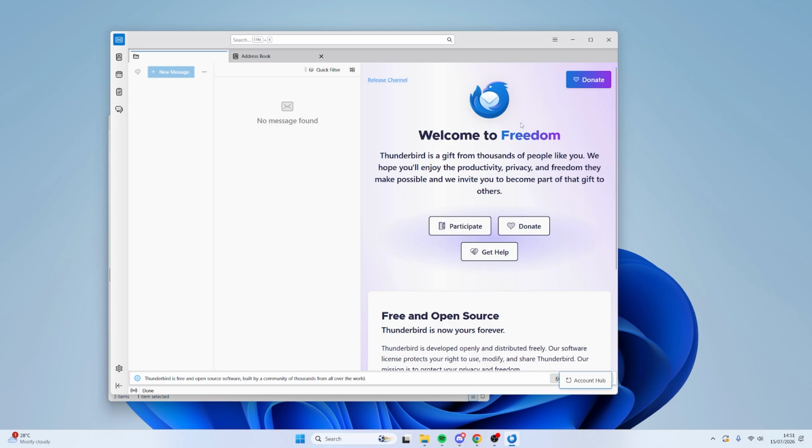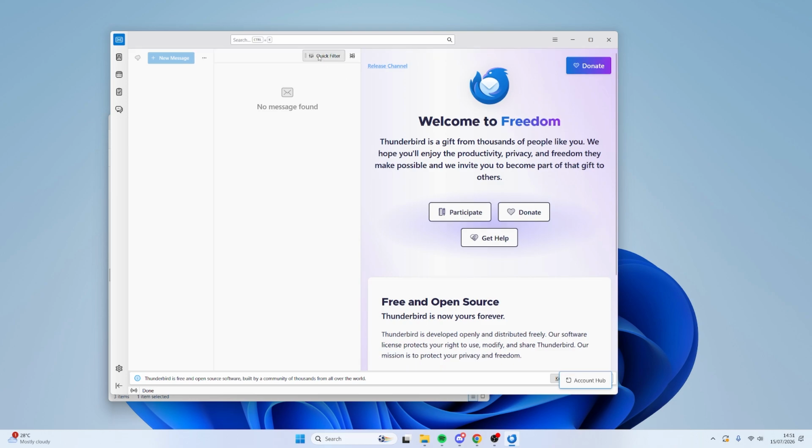In this video, I'm going to show you how you can import .mbox files into Thunderbird. So here I have a fresh install of Thunderbird. I've just closed out this window and not entered in an account because you don't actually have to do that